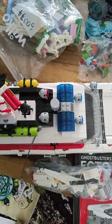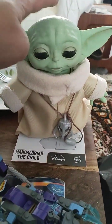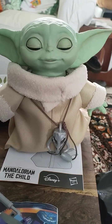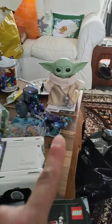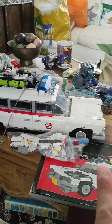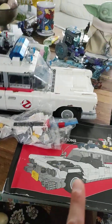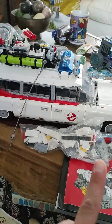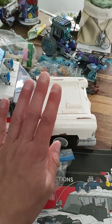Started looking around. Saw this absolute monstrosity. Oh, he also had this little thing as well. Look how cute it is. Hi, little thing. So he wanted £5 for that. So then I was on 14. And then I saw this massive Ghostbusters Lego truck. Shh. Go back to sleep. So this thing he wanted 50 quid for. So we were on 64. So we came to 60. When I went back later on to pick it up,